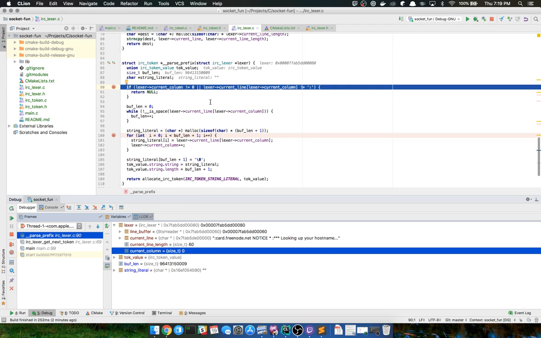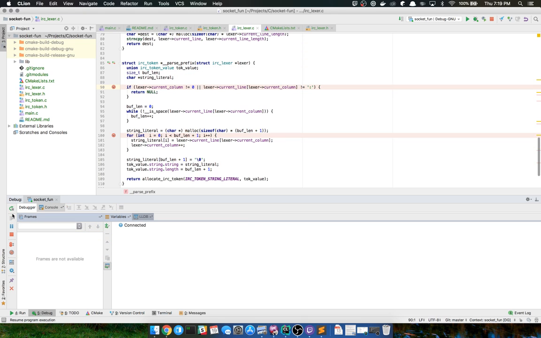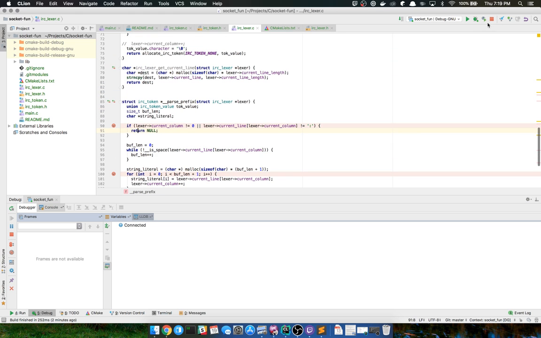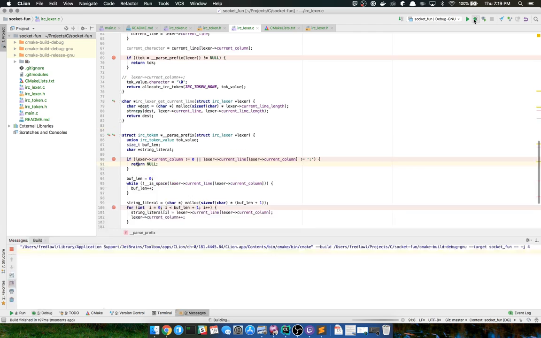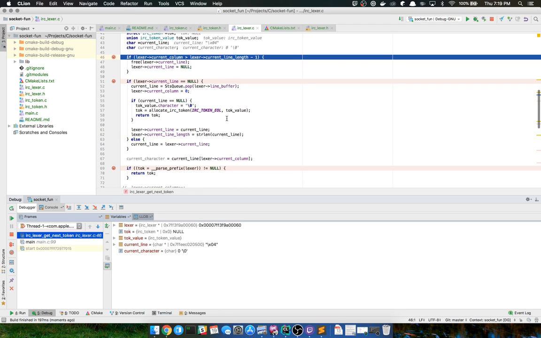Current column is 0. Current line is that. Perfect. So move on. Oh! And that's when it breaks. So let's have a look at that again. I'm going to give it a couple of minutes to buffer up here.